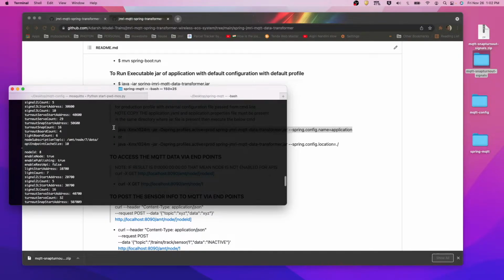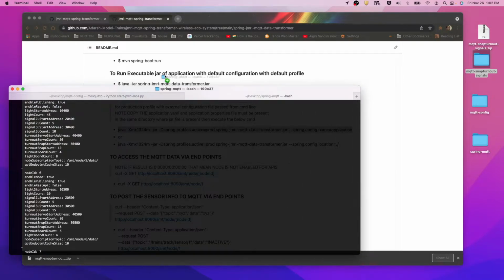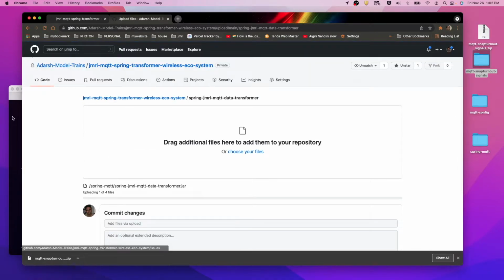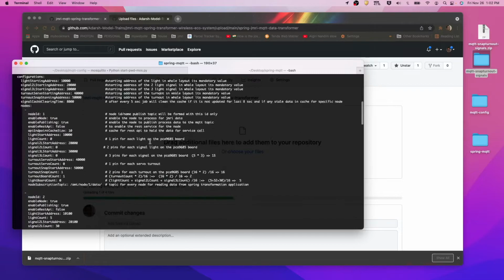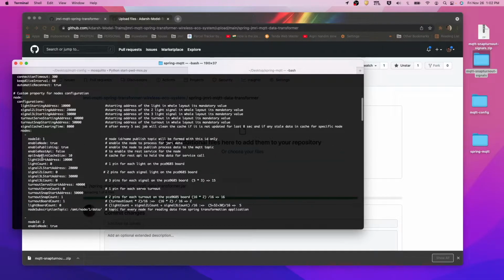We just want to test one snap turnout, so I need only a single node application right now. I have just enabled one node here. I am not testing lights, I am not testing any signals, 2 LED signal or 3 LED signal, and I am not testing servo based turnouts. I just want to configure one snap turnout and one board.